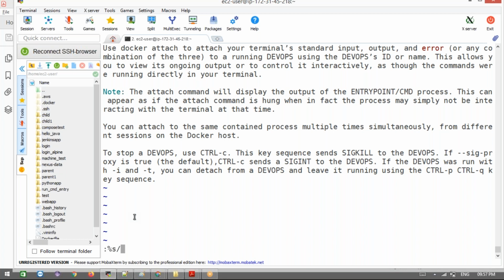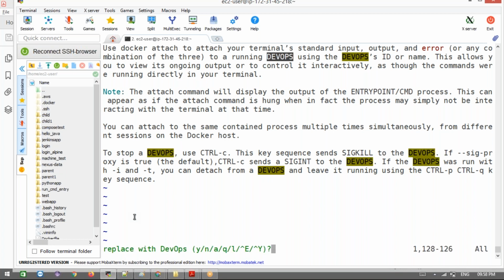Okay, now let's say wherever DevOps is located, I want to replace it with, let's say, a small dev and capital O, with g and c. The c means it will ask for confirmation. Okay, enter it here. It will ask about the places that are going to be modified, and you press yes. The cursor is at that point, highlighted in black. Now if you press yes, it will modify.